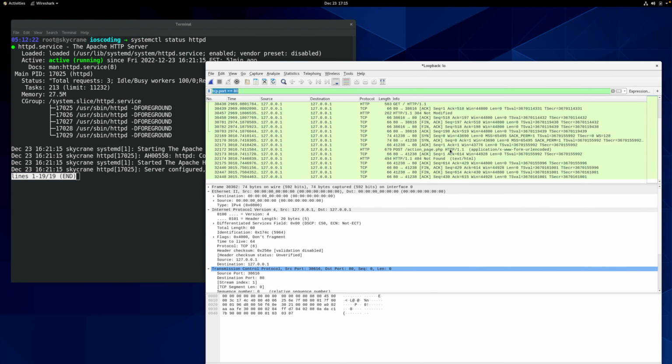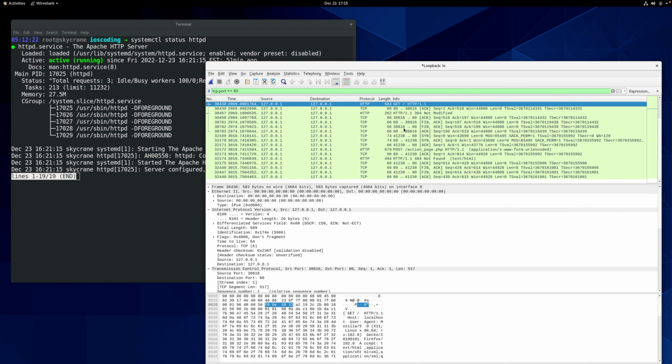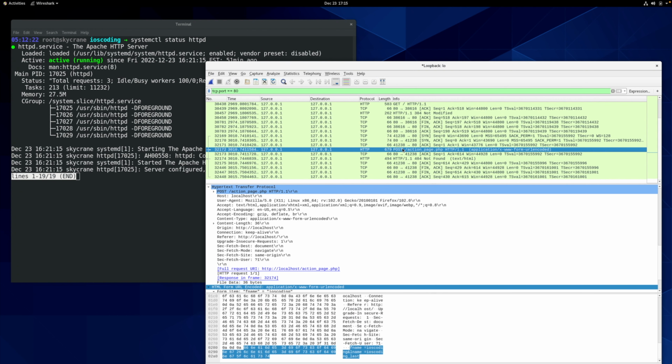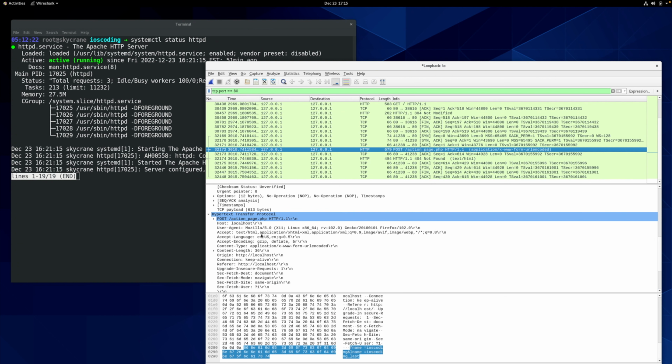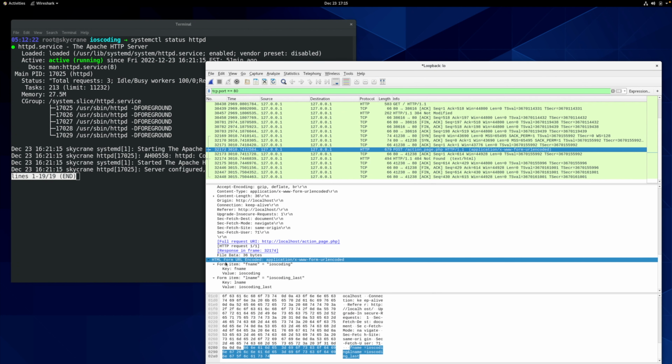When checking the Wireshark, you can see we have a bunch of requests being made. The important part we want to see is the POST request. If we click on the POST request, at the bottom of the page we have HTTP protocol running. You can already see that the parameters we pasted in the form are being sent in plain text to